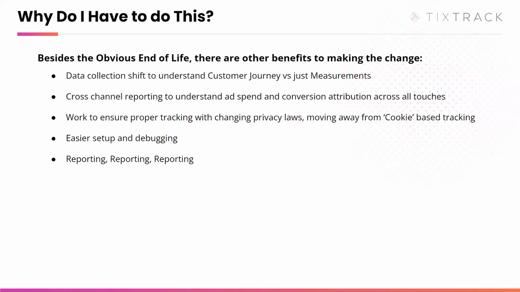I did find it actually easier to set up and to debug a lot of the confusing things around goals. For those of you using UA, the goals and the mapping of events and so forth was a little bit tedious. I kind of had to think about it for a little bit. This is a much easier configuration, especially if you let it run for a little bit. It'll give you a lot of the actions, and you can say, hey, I want this to be considered a conversion, and this action to be considered a conversion, with just a check of a box, versus a configuration of knowing your website URLs and things along those lines.